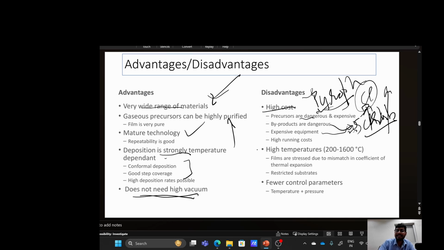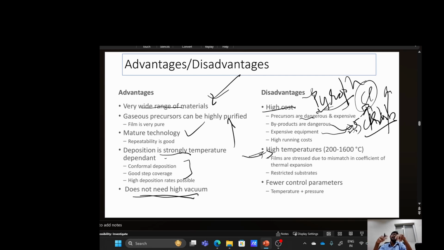Okay, high temperatures are required. High temperatures, because there is a reaction that happens at the surface only in that temperature range. So high temperatures are required. If the films get stressed, because you are depositing silicon or silicon dioxide